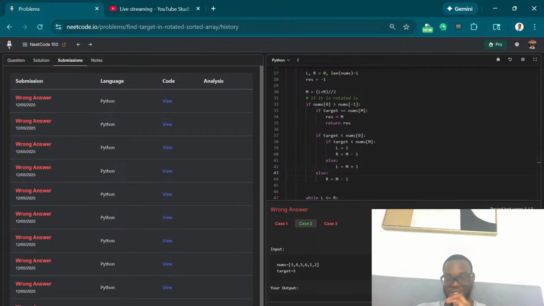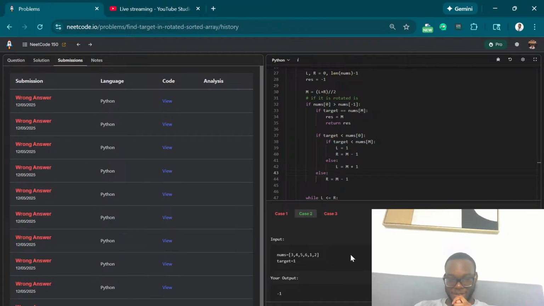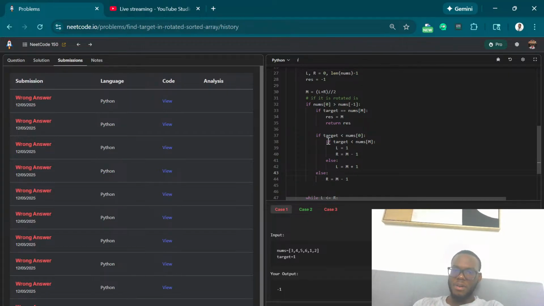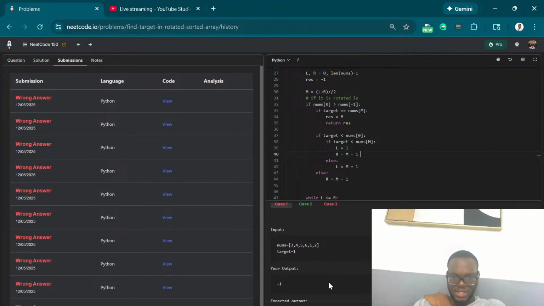How? That's why I thought, how? How is this wrong? Like, you know what I mean? So target is equal to 1, right? Okay, fine. So the target is less than 0. Yes, it is. Target is also less than m. Oh, I see. Yeah, right. So it doesn't necessarily mean that. Yes, I get that. So why is it that in this case,